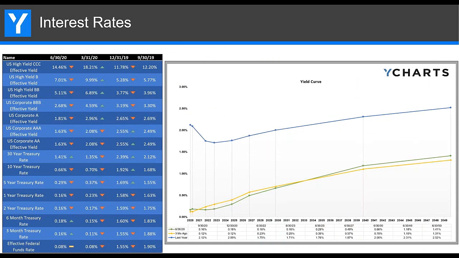Yeah, so what we see here on this slide is a graphic for various rates and their changes from last quarter and the quarters before. And on the right side is our YCharts Excel template of the yield curve, which you can actually find in our Excel template library. On this slide in particular, not much has changed here from the first quarter of the year,